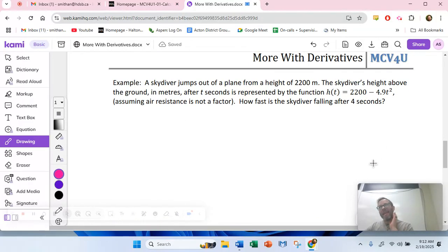All right, I think in the tail end of yesterday's problem set, you were starting to find derivatives under certain contexts. So here we've got a skydiver jumping out of a plane. So the skydiver is essentially a projectile. Like in grade 10, you guys would do things like, here's a projectile, find its max height, find when it lands. The new skill you guys are able to do is you'll actually be able to find rates of change for projectiles. And in situations like this, with a skydiver, the rate of change, or how fast the skydiver is falling,